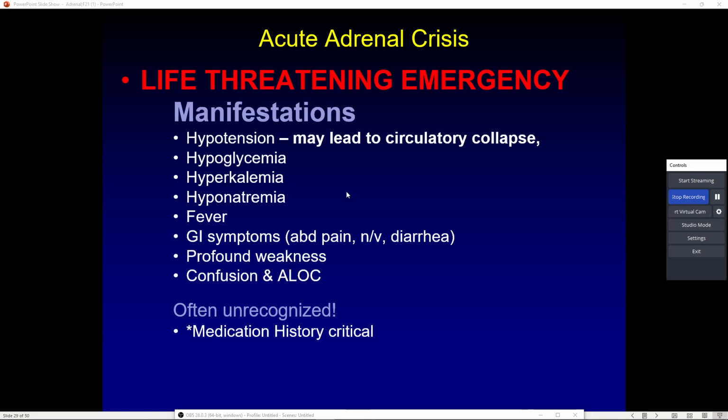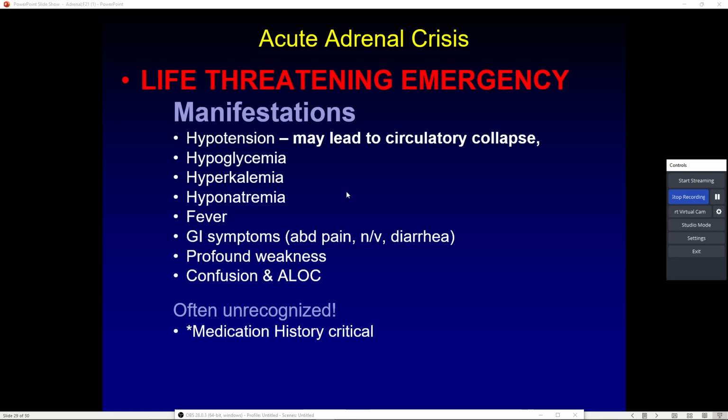Hypoglycemia, we're going to take care of that. Maybe some amp of D50. Hyperkalemia, okay. As we start balancing things back out, that'll come down. We'll start pulling potassium back in or supplementing. Here's the other part with any condition, any adrenal gland, any thyroid gland: you have to get to the bottom of the condition if you are in a life-threatening emergency. It's no different for Addisonian crisis. It's no different for thyrotoxicosis. It's no different for myxedema comas. You've got to get down to the bottom of the cause. Otherwise, it'll come right back.